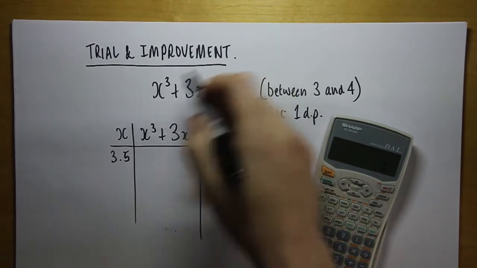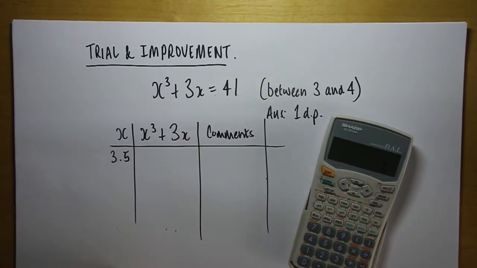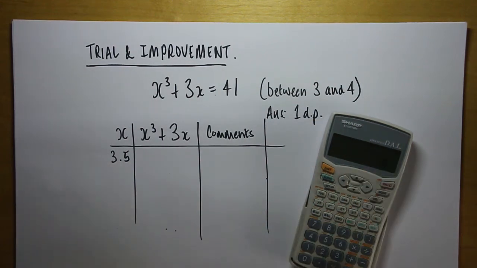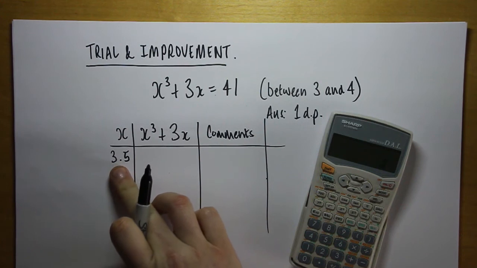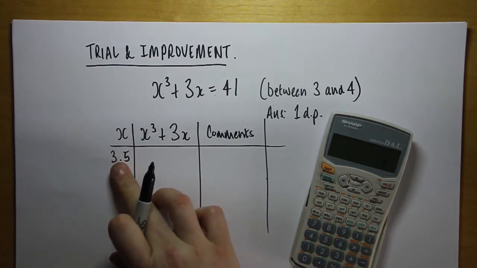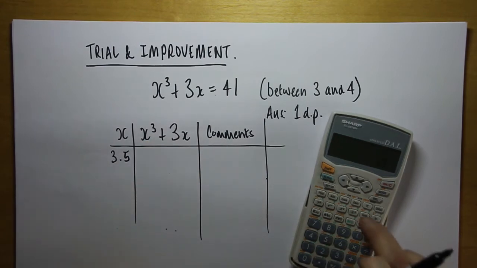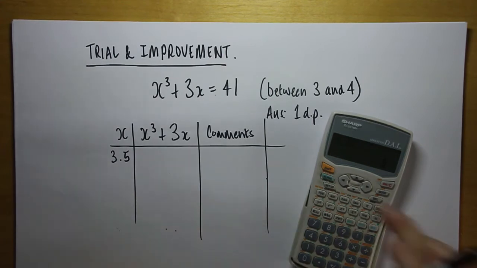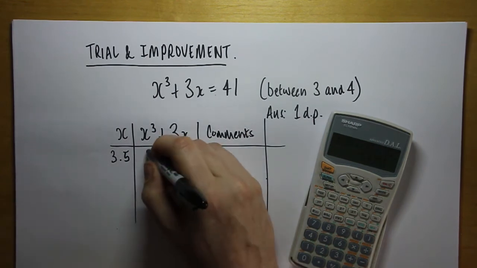All the times I've seen these questions, they're on calculator based papers, so there's no worry about having to do anything too complex like this on paper. So you can just go right ahead and get your calculator. We're putting 3.5 where we see x, so we're going to start with 3.5 cubed. Then we're going to add 3 times 3.5. And we get an answer of